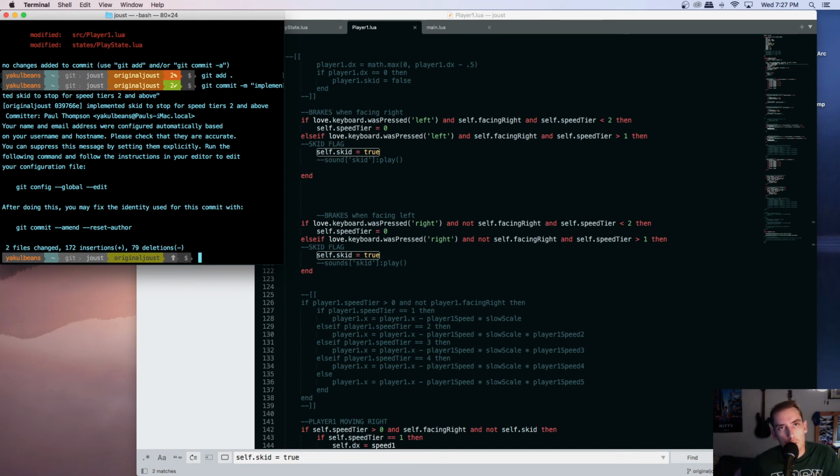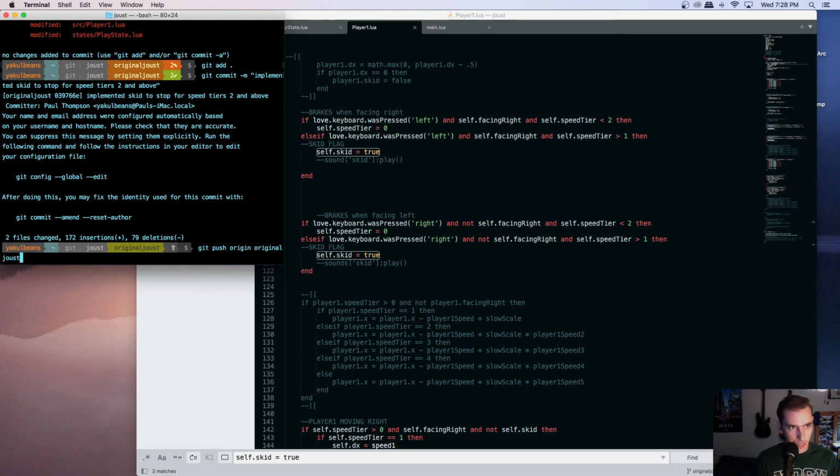Since I refactored a lot of the play state into the player one class, it shows that I had like 79 deletions, and 79 of those insertions are those same lines because I moved some stuff around. So it looks like I did a huge commit, but it was really just whatever. That's plenty. That was a good session. So now that I've committed, I will git push origin